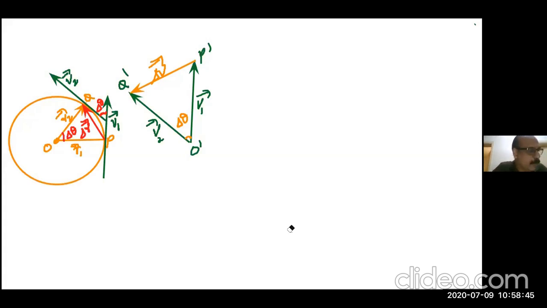Let us consider a particle moving along the circumference of a circle of radius r with uniform speed v. Let v1 be the velocity of the particle